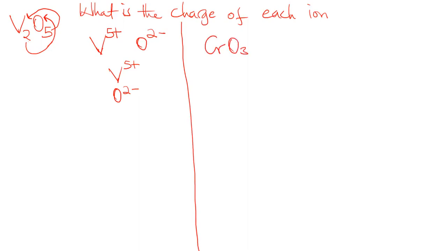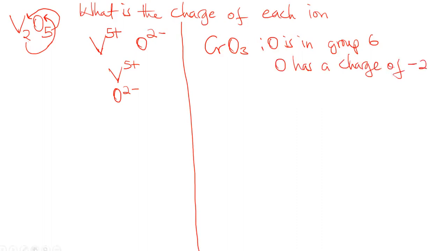What is the charge in each of these atoms? So for this one, we know that oxygen is in group 6. So oxygen has a charge of -2. So what we are going to have here